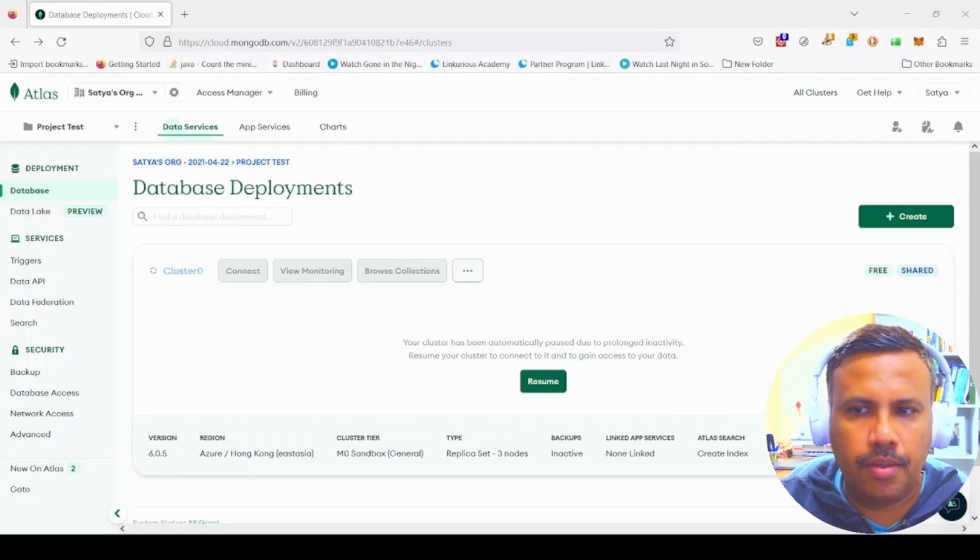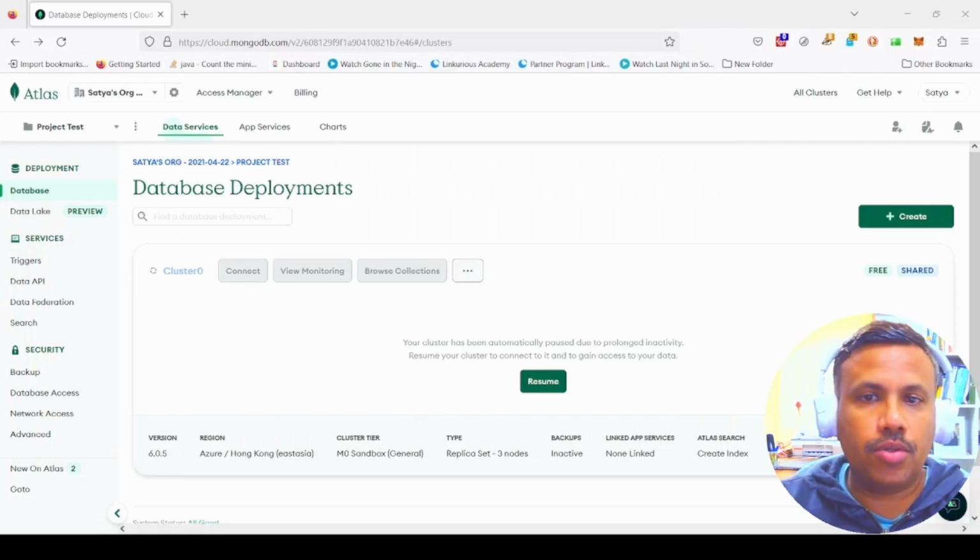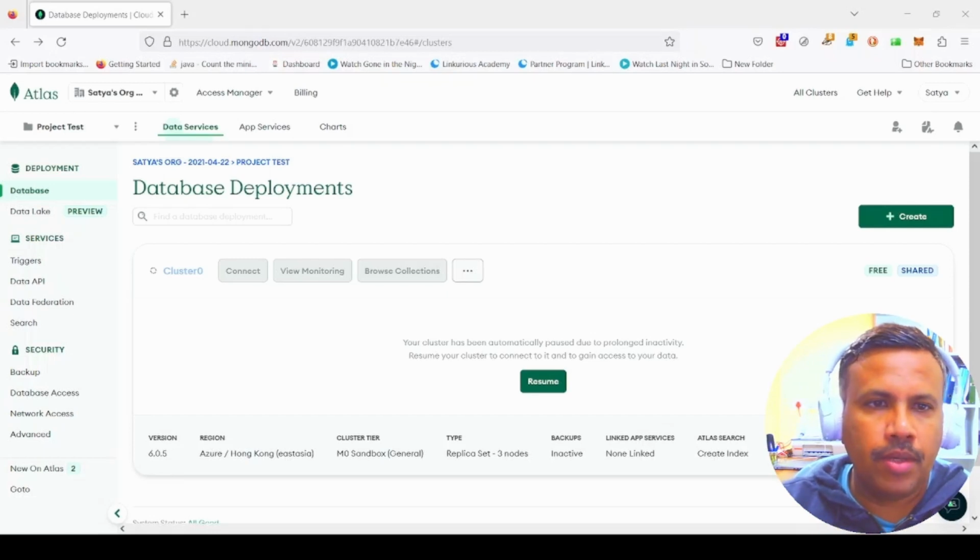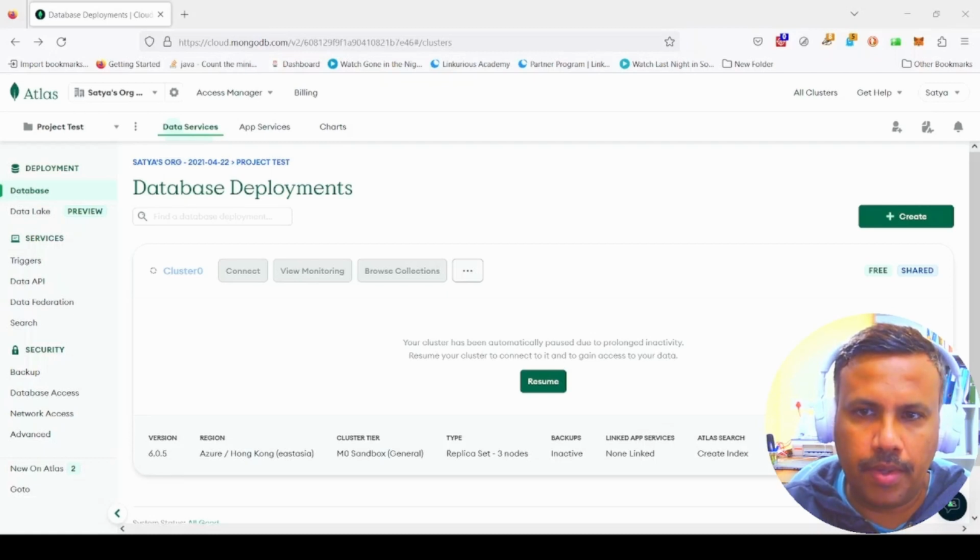MongoDB Atlas is a fully managed cloud NoSQL database. Atlas is available in Google Marketplace and will be billed under a single GCP account, in case you want to get it through Google Marketplace. Here I have just launched cloud.mongodb.com, which is the MongoDB Atlas web application. Once you have an account created in Atlas, you can log in using your Gmail account, or you can use your personal email account to register and log in. And here you can see that we are in the main